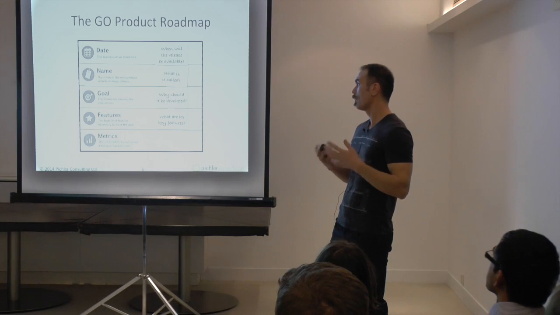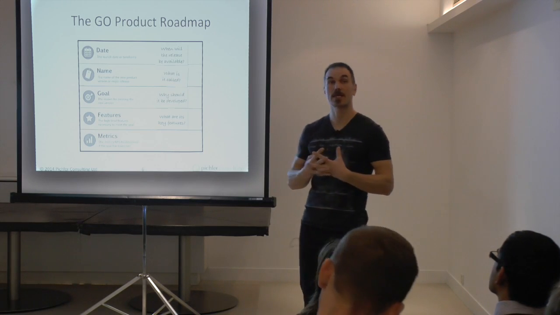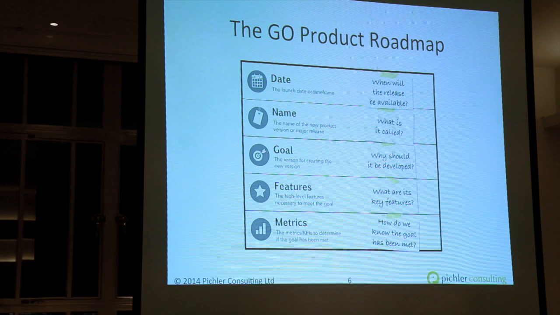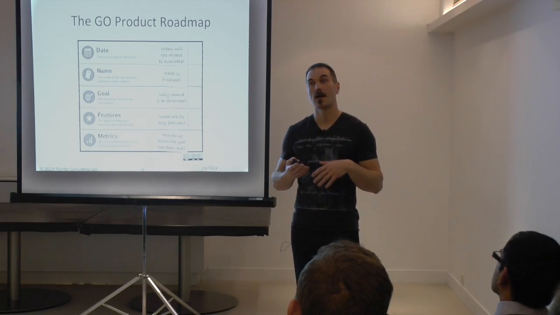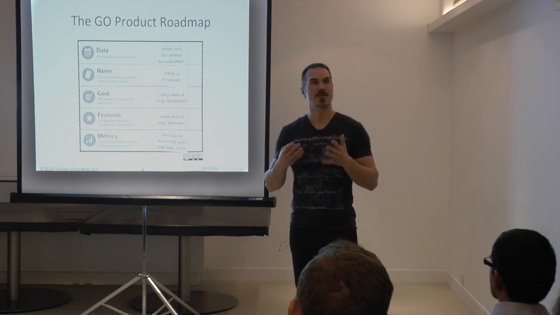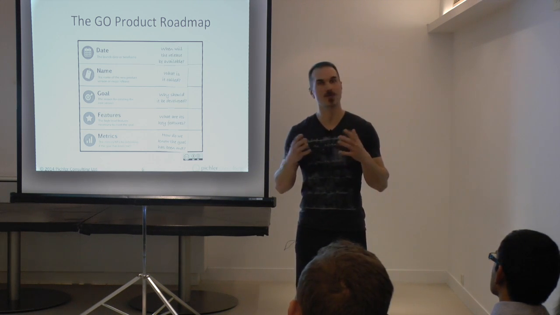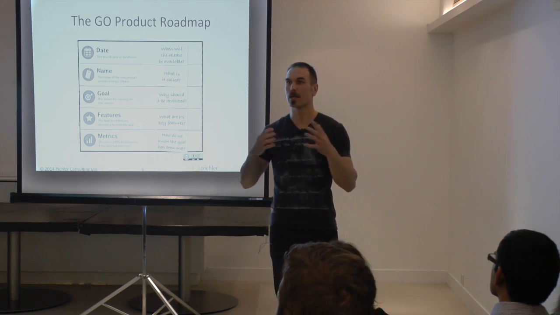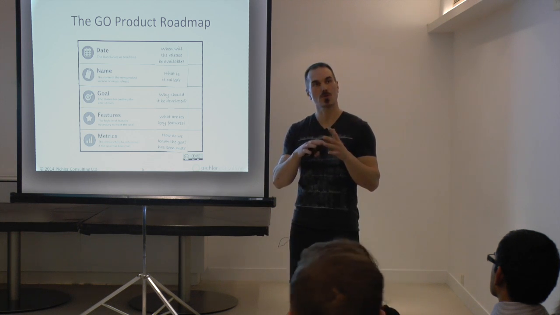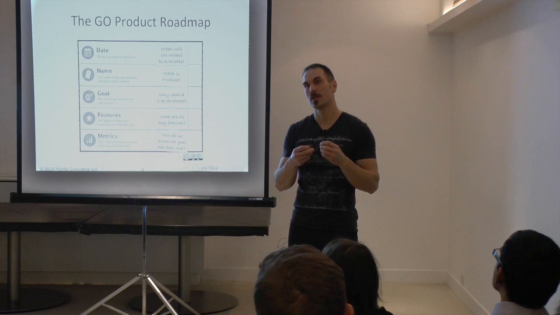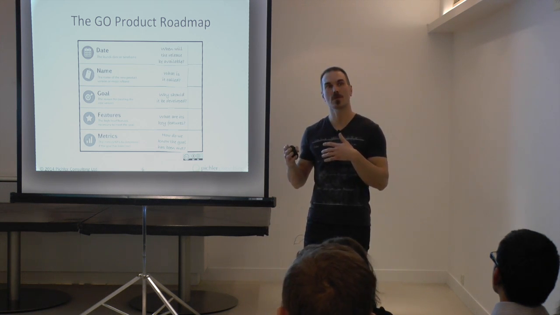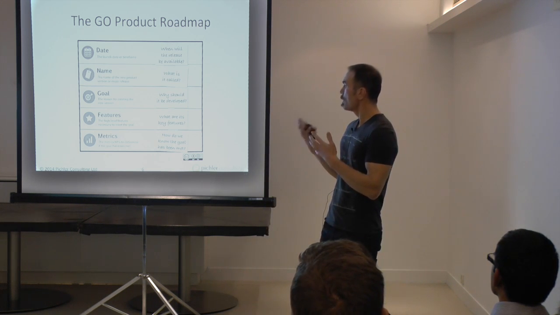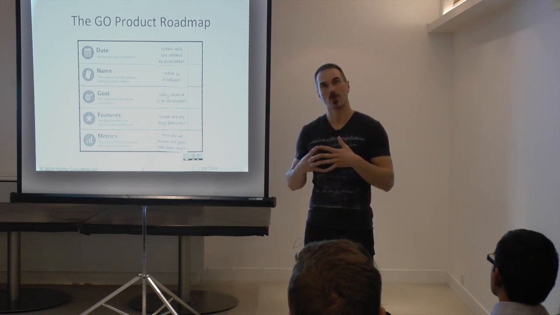And finally, I would encourage you to think about how you can determine success, how you can tell if the goal's been met or not, and add some metrics or KPIs, key performance indicators. And that avoids using fuzzy goals. Having fuzzy goals is great when we talk about something like a vision statement, visionary goals are brilliant, but when it comes to the product roadmap, I think your goals should be a little bit more specific. So they should be measurable. Hence, think about how you determine if the goal's been met or not, what the metrics are that you want to use. So that would be my suggestion for a format for an Agile product roadmap.